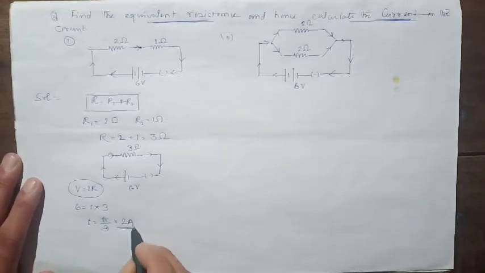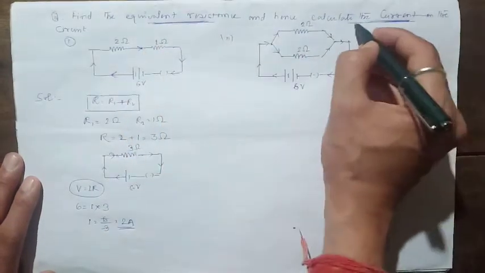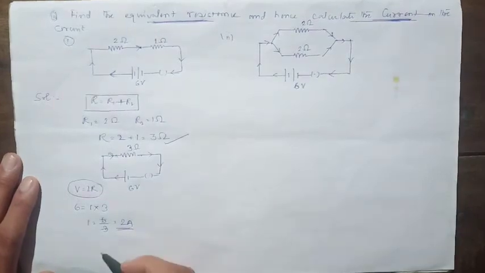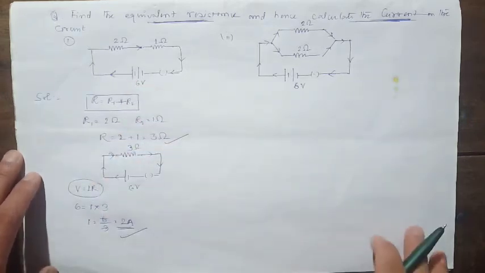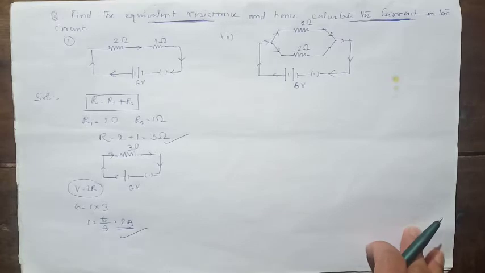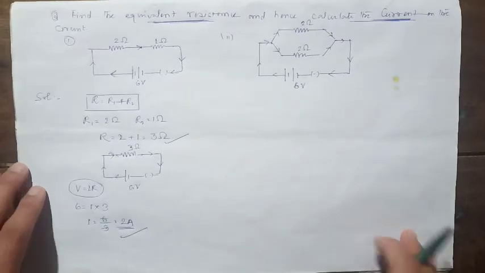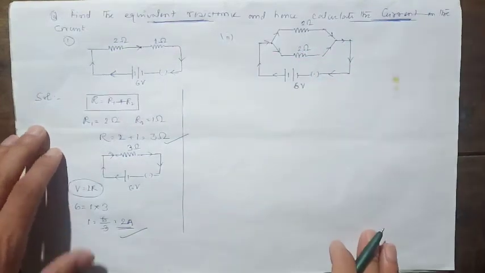Now this 2 A is ampere. So we've answered both these questions. We've got the net resistance is 3 ohms and the current in the circuit is 2 amperes. So I hope, students, you understood how to identify whether the resistors are in series or in parallel and how to make the necessary calculations. Now, students, let's move on to another problem. We have this second problem, students.